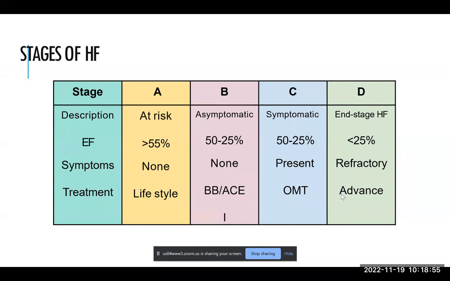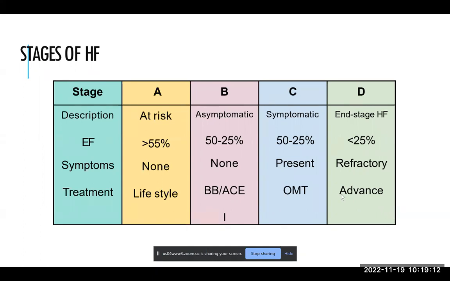For example, you have a risk for coronary artery disease, you have a risk for example, family history, so you do the lifestyle modification to prevent going to the second stage, where you are asymptomatic,